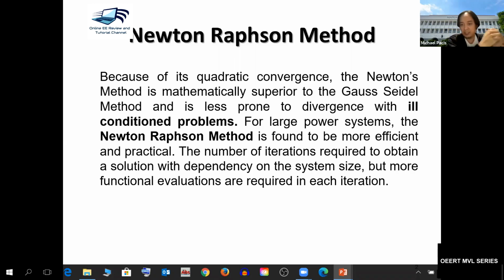The number of iterations to obtain a solution will be dependent on the system size, but more on the functional evaluation in each iteration. So here you will expect some partial differentiation, as I mentioned, which will form the Jacobian matrix, which is very important in getting the roots, or in terms of the currents, angles, voltage, etc., which is dependent on the condition. Okay, now let's move forward to